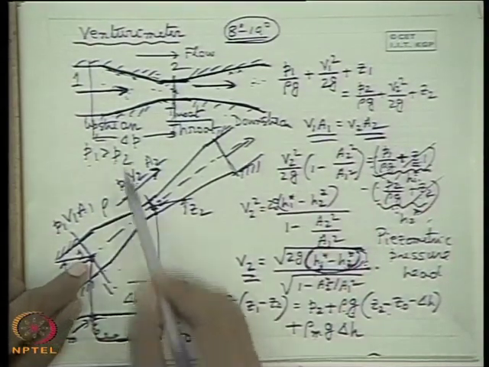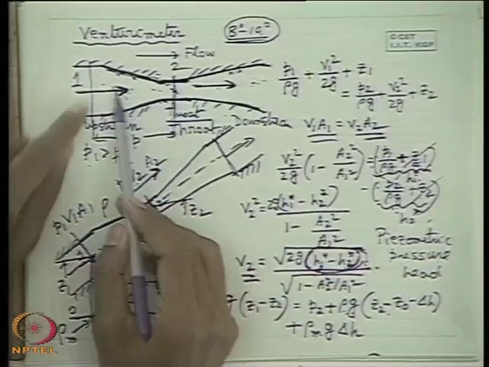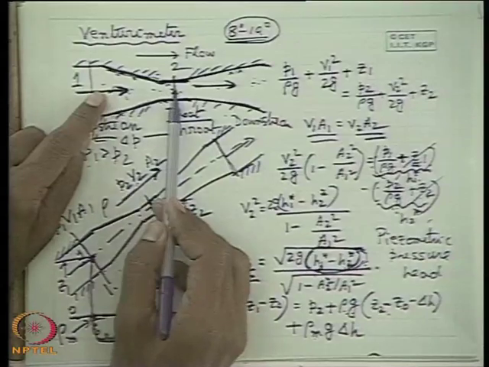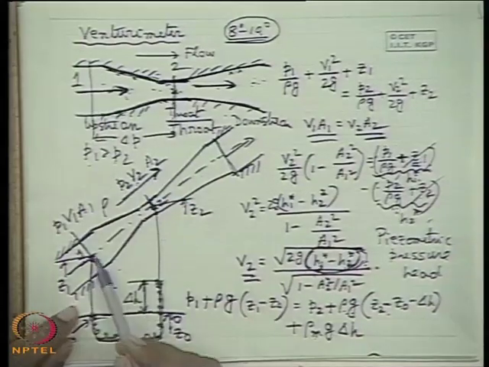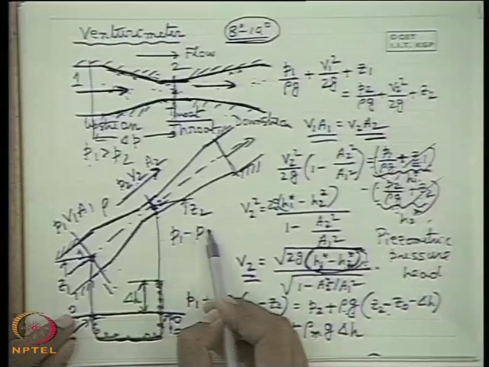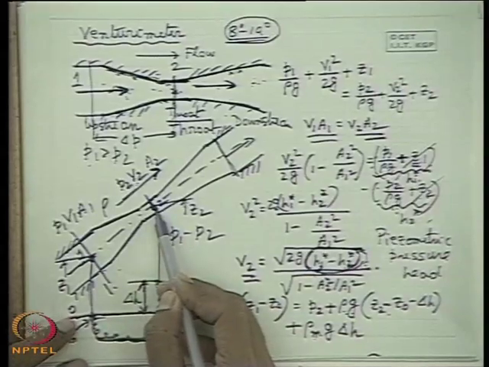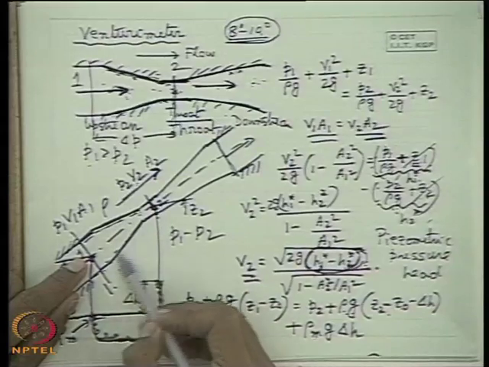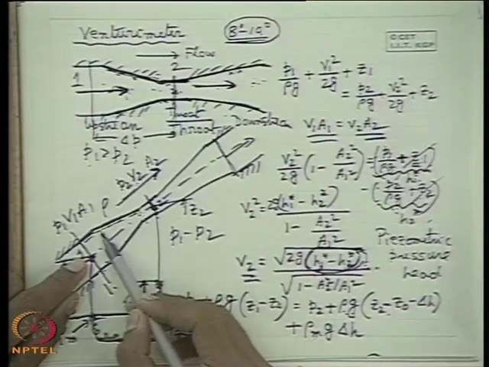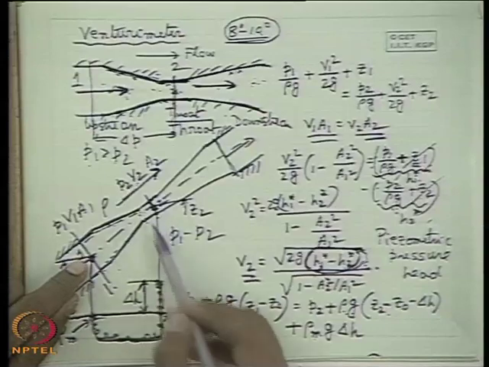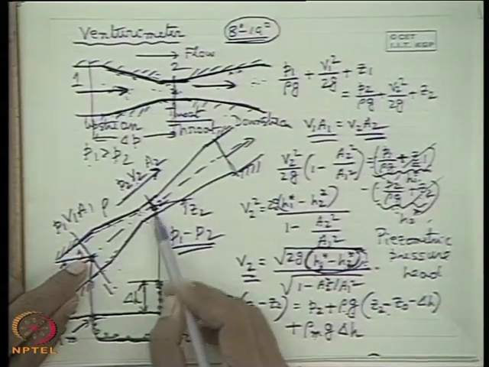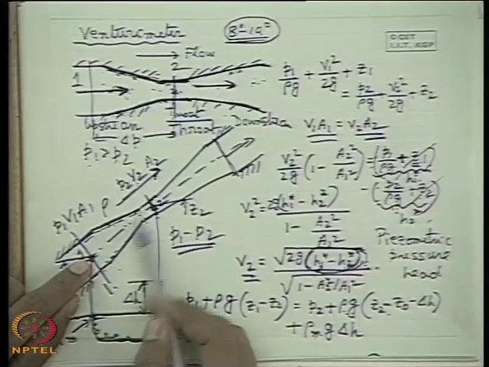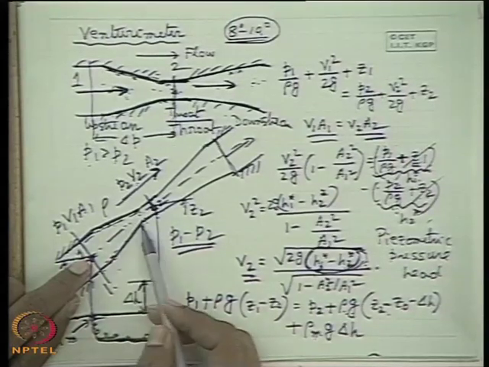For example, here the kinetic energy is increased at the expense of pressure energy. Pressure energy is decreased. So the decrease in pressure energy, that is P1 minus P2, will depend upon the increase in kinetic energy. But for a real fluid, over and above, there will be an additional pressure drop because of the fluid friction between the fluid and the solid surface. So the pressure drop P1 minus P2 will be more. The P2 will be still lower than P1, not only because of the increase in velocity but also because of the fluid friction loss.